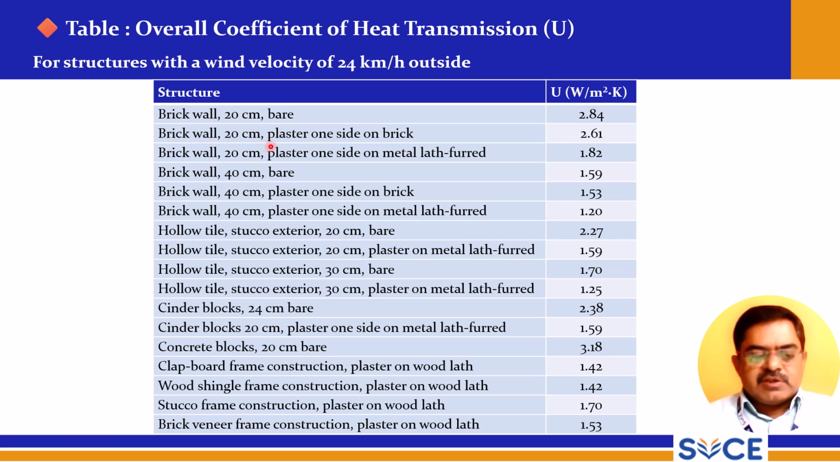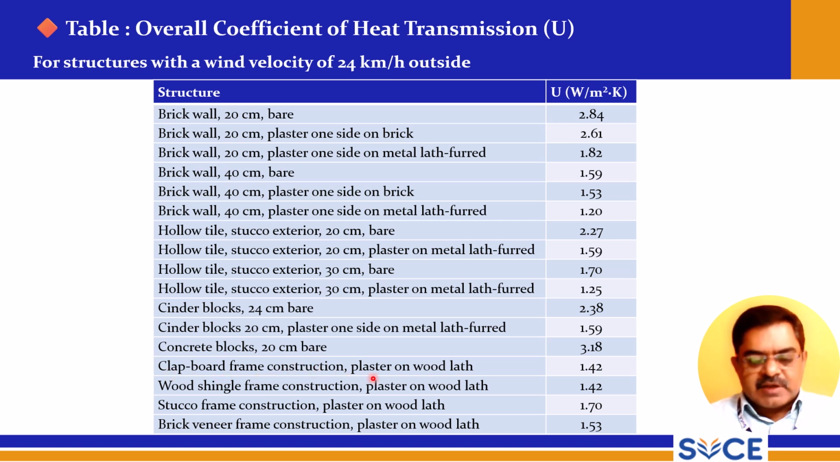So a brick wall 20 centimeter plaster on one side on brick, and a brick wall 20 centimeter plaster on one side on metal lath furring, and brick wall 40 centimeter bare. So we have different scenarios of brick walls. Cinder blocks are also considered here. Cinder blocks 20 centimeter plaster one side and metal lath forward. So there is a metal coating on the other side, and concrete blocks 20 centimeter bare, and